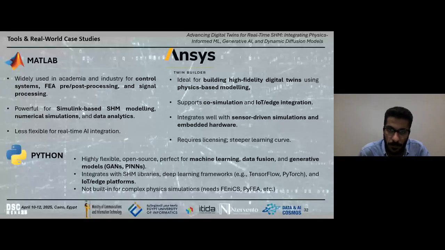Okay, so a quick note on the three introduced software packages, as an example, not covering all software. MATLAB is excellent for quick prototyping, data pre-processing, and control-oriented simulation. I have used it extensively for reduced space model development in my PhD, along with finite element.